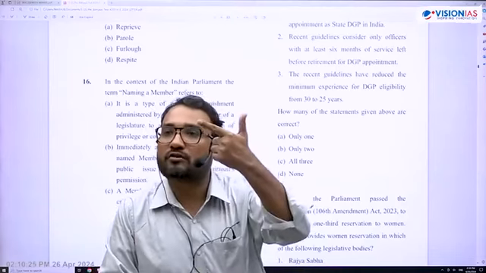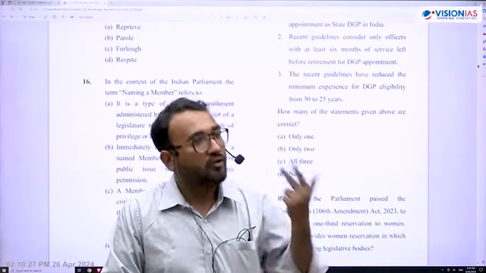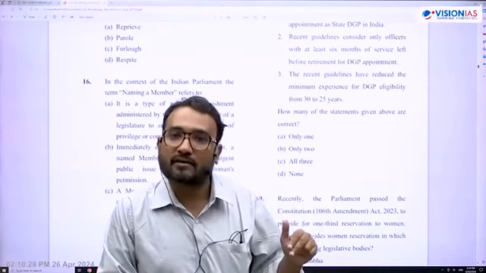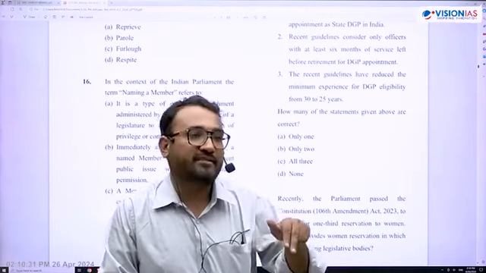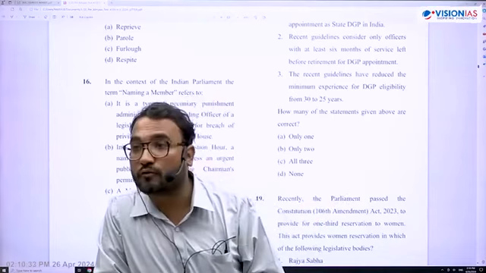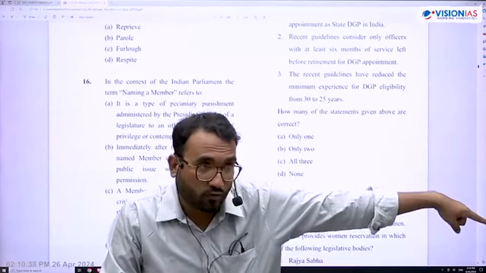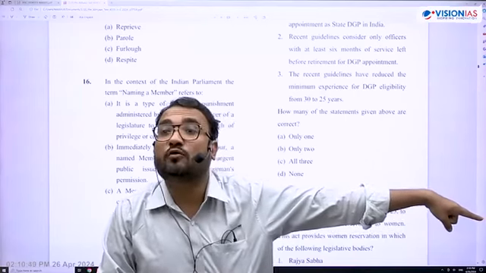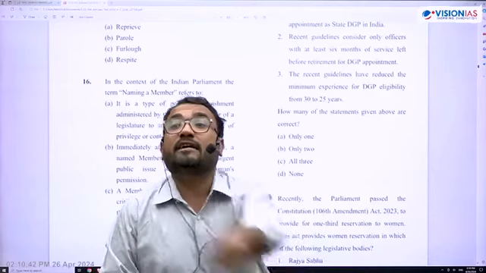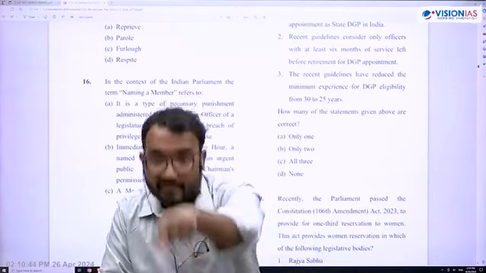No confidence motion, adjournment motion, all these key terms mentioned especially among the parliamentary devices, you may go through. जैसे rule 204, presentation of budget. जैसे अभी no confidence motion आया था सरकार के खिलाफ. No confidence motion was Rule 198 of Lok Sabha. UPSC has asked a question last year in prelims.